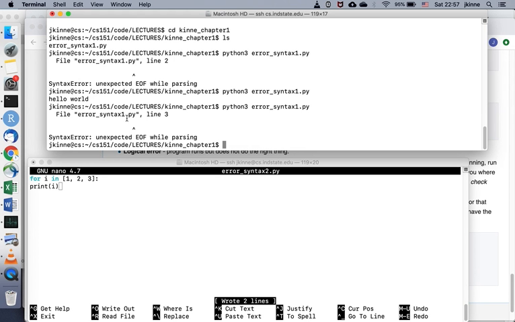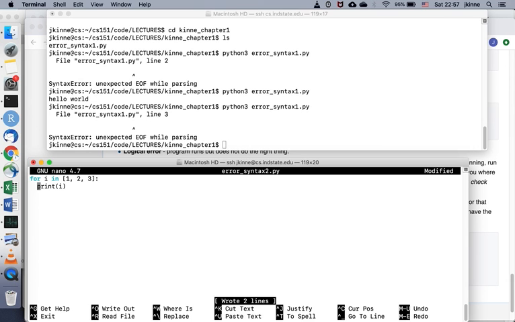All right, in our file, line 3, syntax error. Again, it gives us unexpected EOF while parsing, and line 3 is here. So again, that's not where the problem is. For this one, the problem is that the way a for loop works is you have this stuff here is okay, but then there's supposed to be some lines that are indented. Now if I run it,